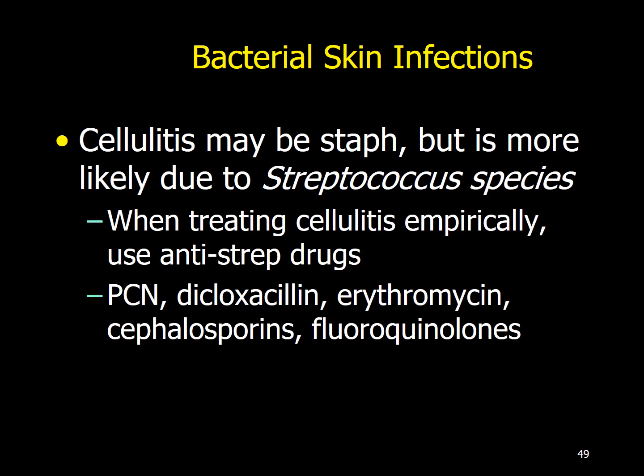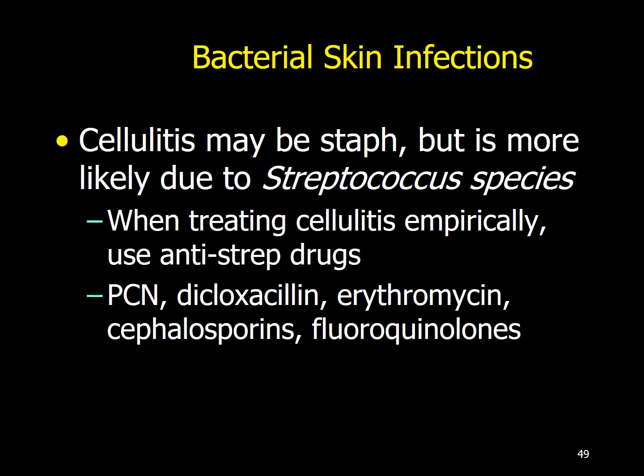Cellulitis, on the other hand, the primary treatment target is strep. So when you're treating this empirically, the appropriate drug choices are those that are better suited to strep, which Bactrim and Clinda would be okay, honestly. But Bactrim and Zyvox and Vanco are not anti-strep drugs. They're anti-staph drugs. When you are targeting strep, penicillin,